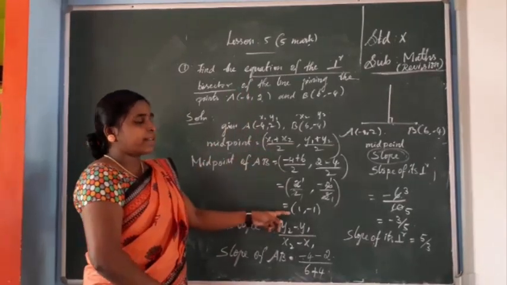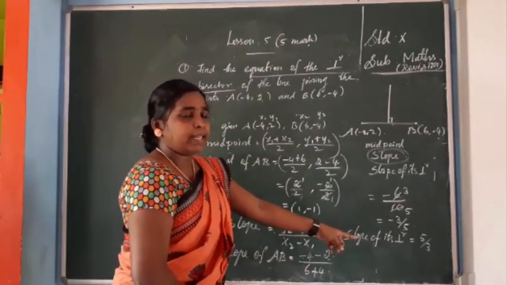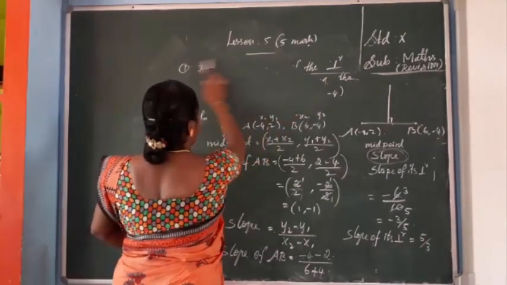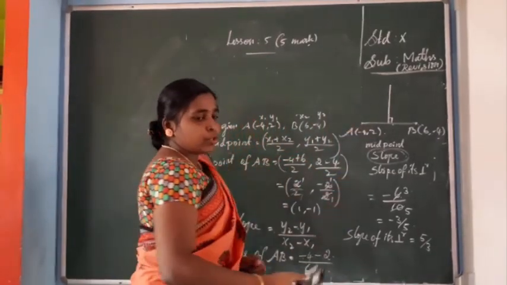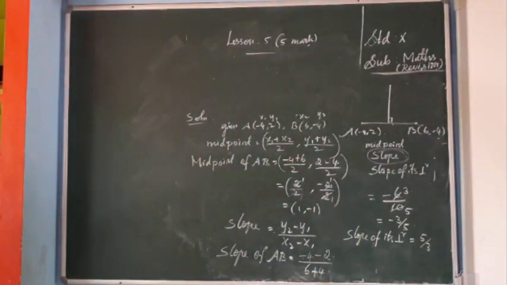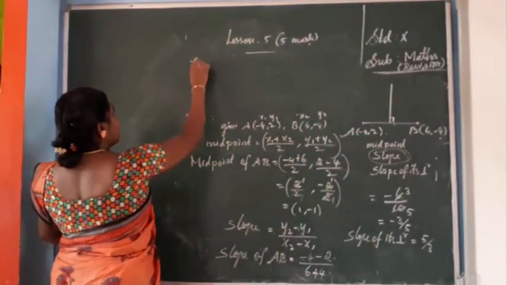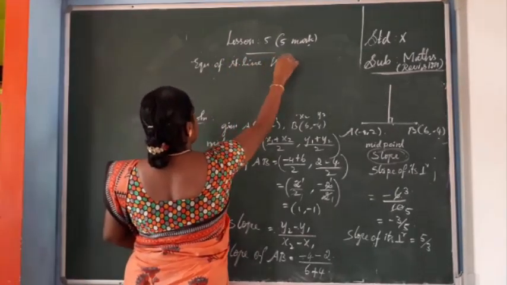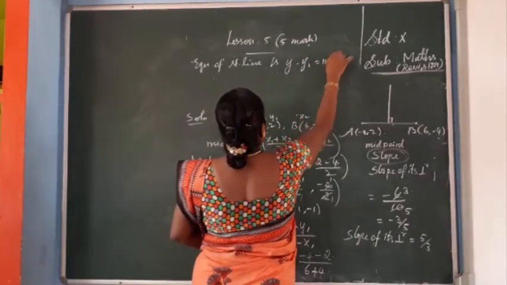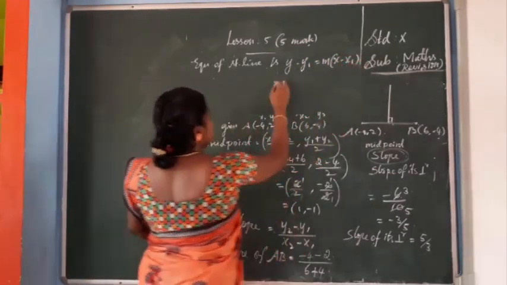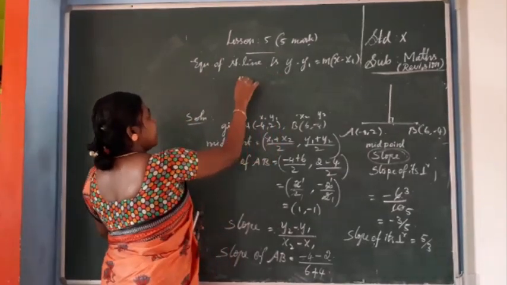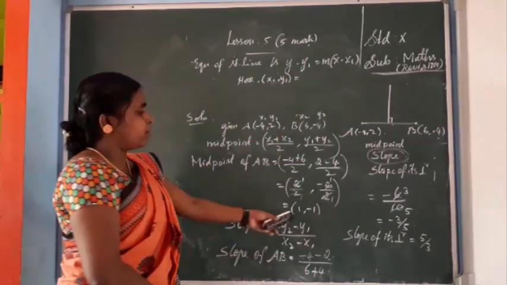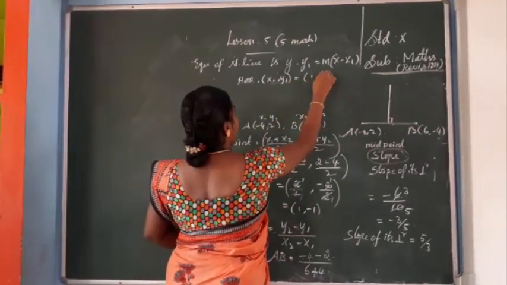You have one point. This is x1, y1. You have one slope, that is m. So you can use the equation formula. What's the formula for the equation? y minus y1 equal to m into x minus x1. Okay. So the equation of a straight line is y minus y1 equal to m into x minus x1, isn't it? So if you need, you can write here x1 comma y1 equal to, otherwise you will get confused. Okay, 1 comma minus 1, 1 comma minus 1.